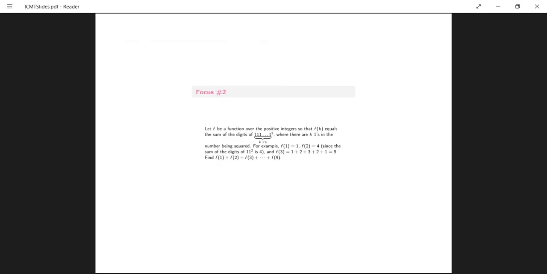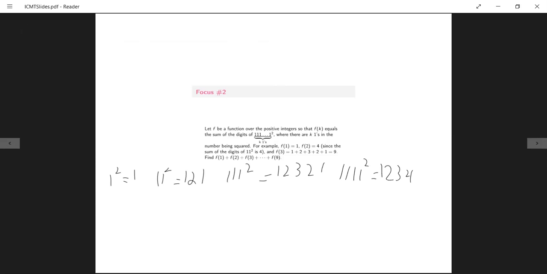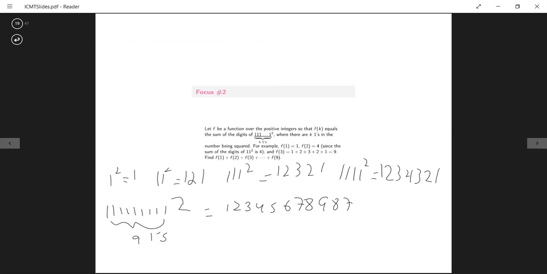So let's look at the squares of these numbers. We have 1 squared is equal to 1. 11 squared is 121. 111 squared is equal to 12321, and then 1111 squared is equal to 1234321, and so on. Basically, using this, we can predict that 111111111 squared, so there are 9 ones here, is equal to 12345678987654321. This big number. Now that we know what all of these numbers are, let's try to find the sum